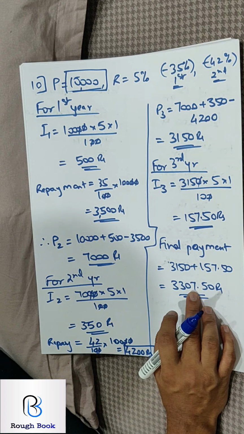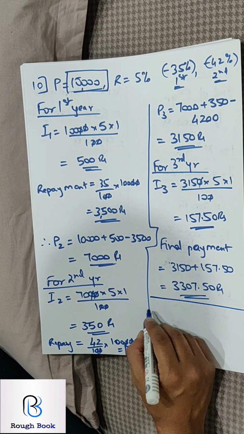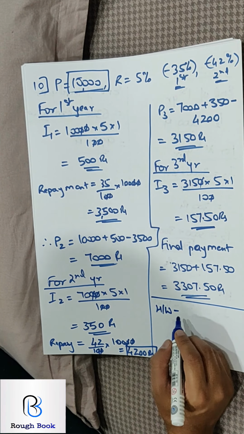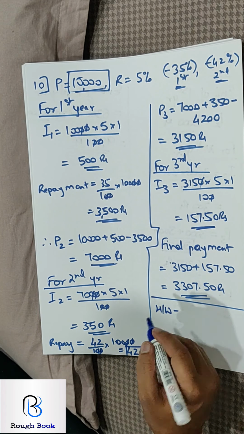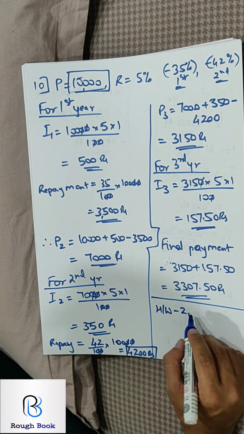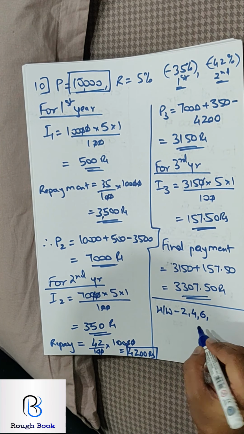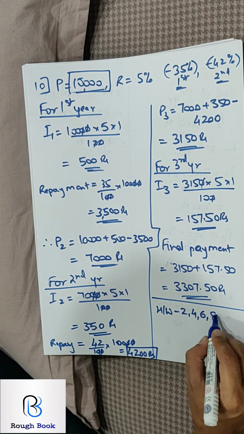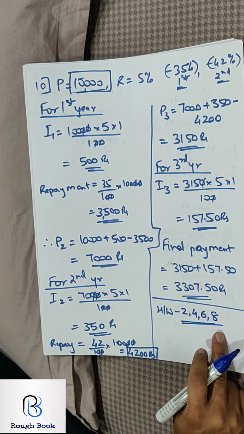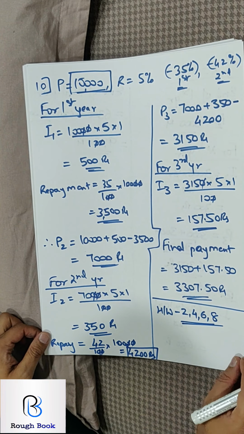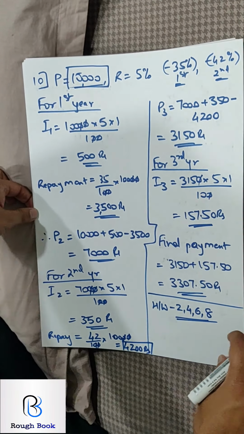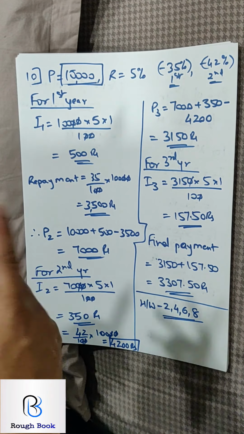So let's go about it. Your homework. I'm repeating this again and again. Whatever sums you've done in the video, you are bound to do. And the sums which I'm writing right now as homework, you're supposed to do separately as your homework. So 2, 4, 6, 8 should be your homework for this exercise. And the rest of the sums, as we already discussed, should be in your notebook.